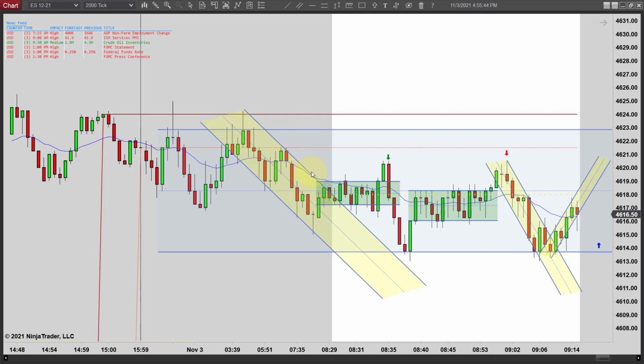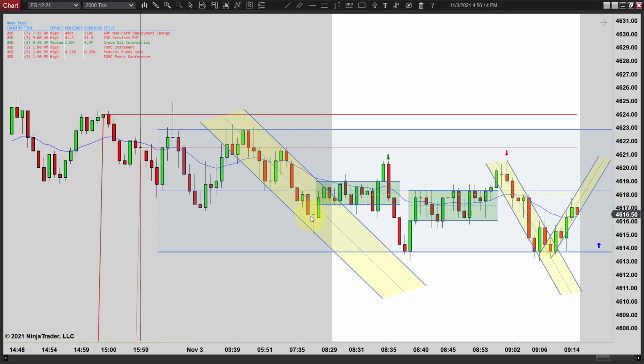That doesn't set up right. This one doesn't really set up right because it pushes back through and closes on the other side. So if you took that one, I probably wouldn't argue too much with you. I would definitely say it's aggressive. I'm not going to mark it though. I just didn't like it in real time, and I don't like it now. You can see that it worked, and you would expect maybe to get another leg down there, but you definitely don't have two legs down to take that as a failure,